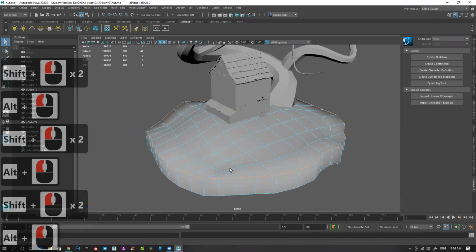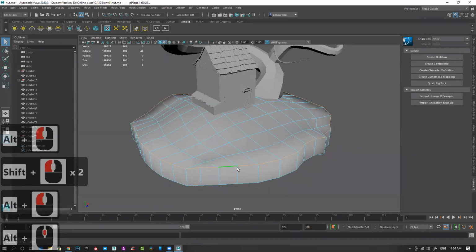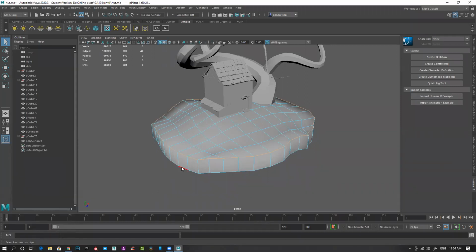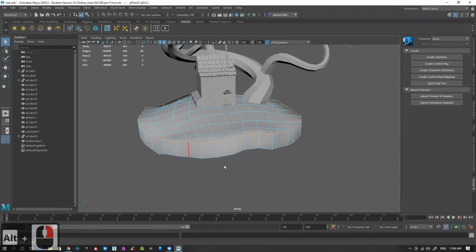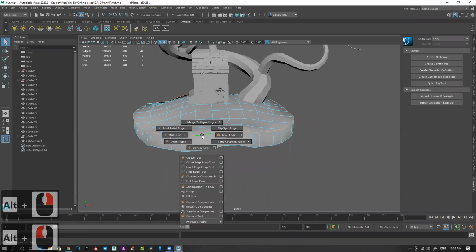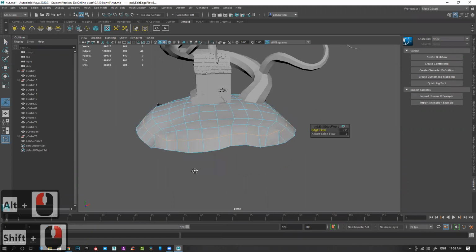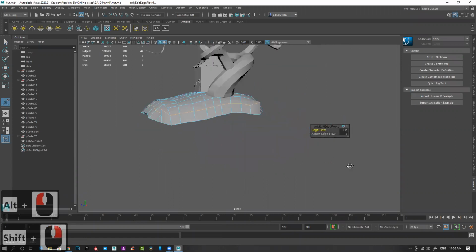It's very edgy, angular. Suppose I want to average out this with these two edges. There is a very good tool in Maya. You can do it very quickly. Shift, right click, edge flow, edit edge flow. Click on this. It will average out this thing.